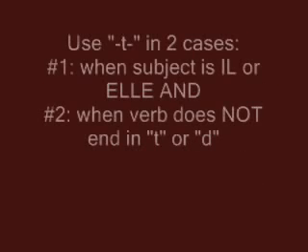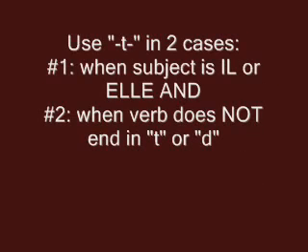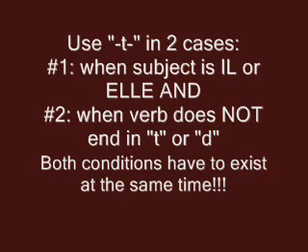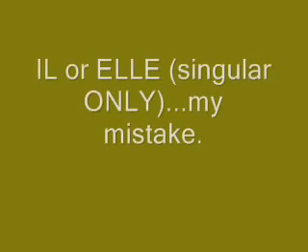And again, this will happen whenever the subject is il or elle, and I should say, whenever the verb does not end in t or d. If your verb ends in a t or d, do not add dash t dash, because the d and the t at the end of the verb will already be able to make the connection with the subject. So two ways. Use the dash t dash first when the subject is il or elle, singular or plural, okay,